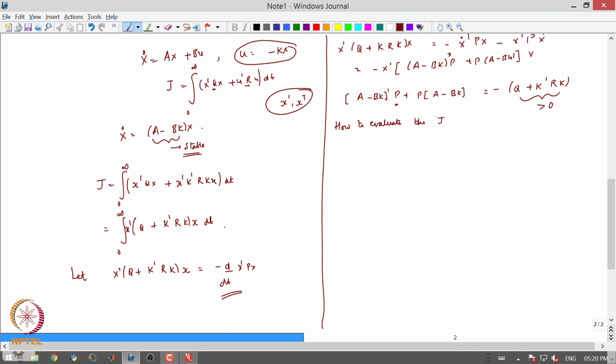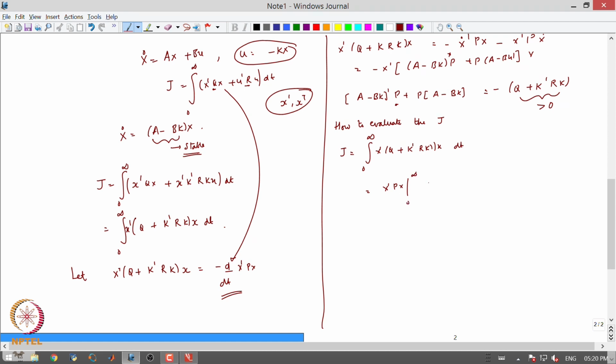So J here is now 0 to infinity. Now from here, I just do a substitution. So J was X transpose (Q plus K transpose RK) X dt, which was X transpose P X from 0